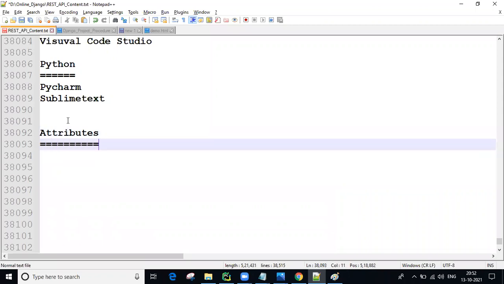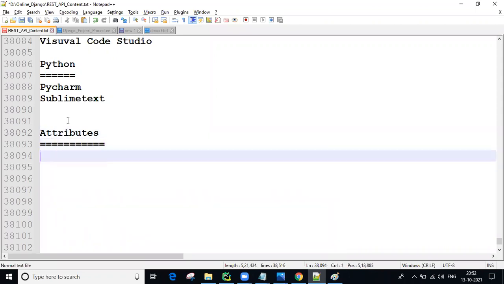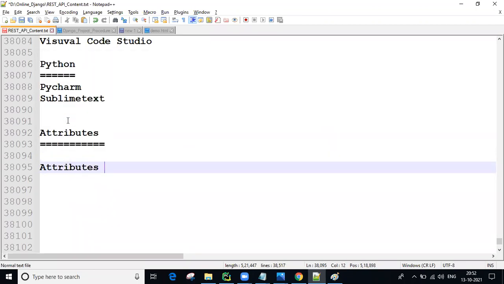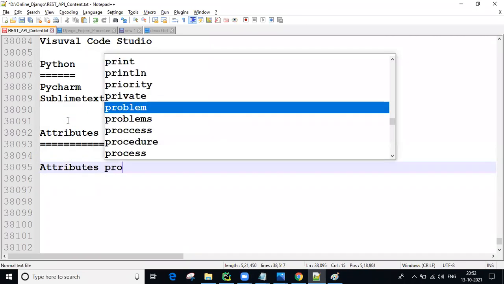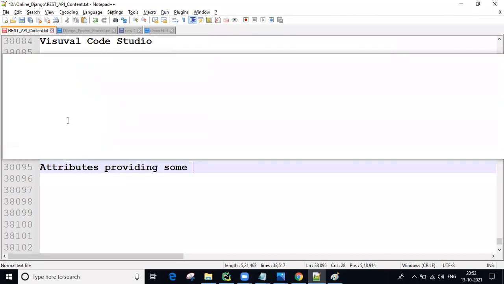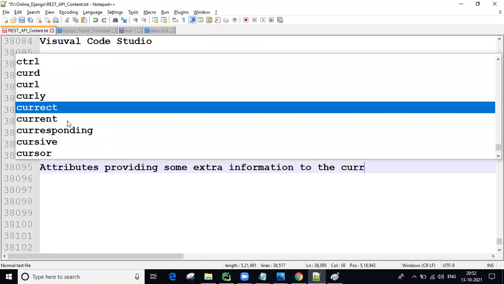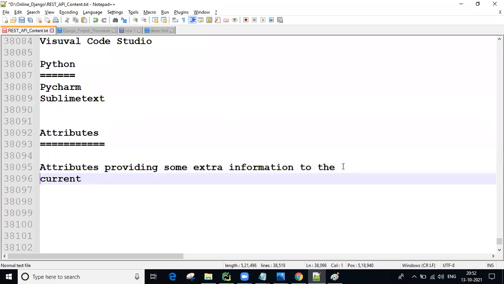So listen carefully. Attributes provide some extra information to the current HTML tags, simply.